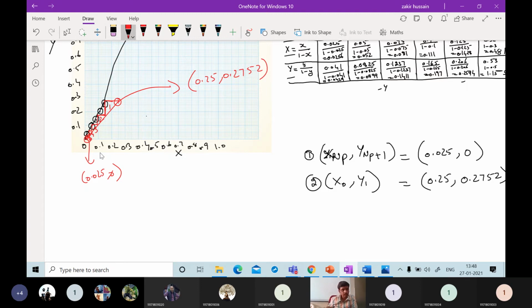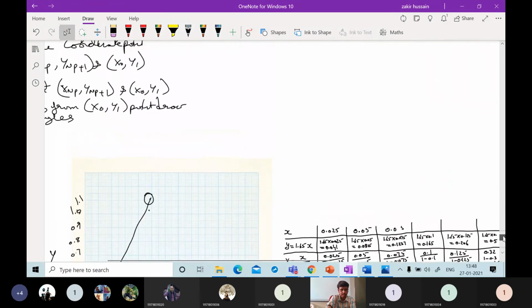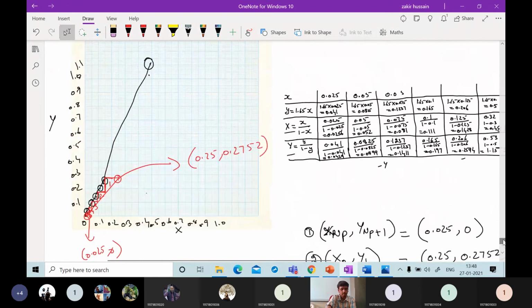Okay, the data points may be correct, I think. Okay, everybody understood this one problem? Yes, sir. This is the overall procedure. There might be some mistakes in the values, but the procedure is correct. You can verify where the mistakes are in the values. But we can ignore this point also. Maybe we have taken a point too far away, so you can ignore that one also. No problem.